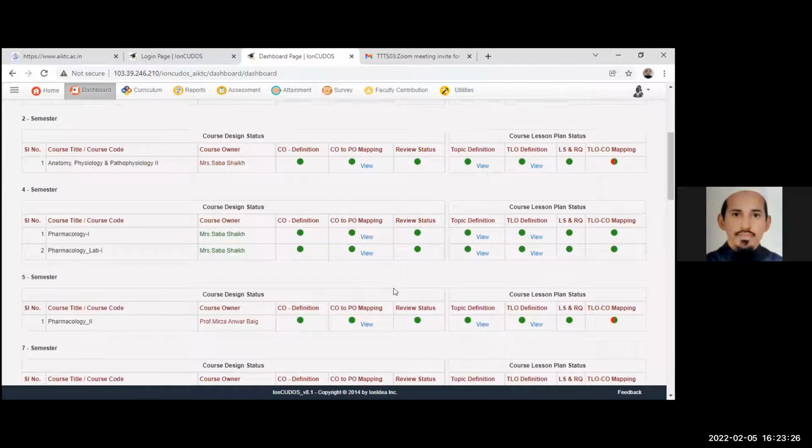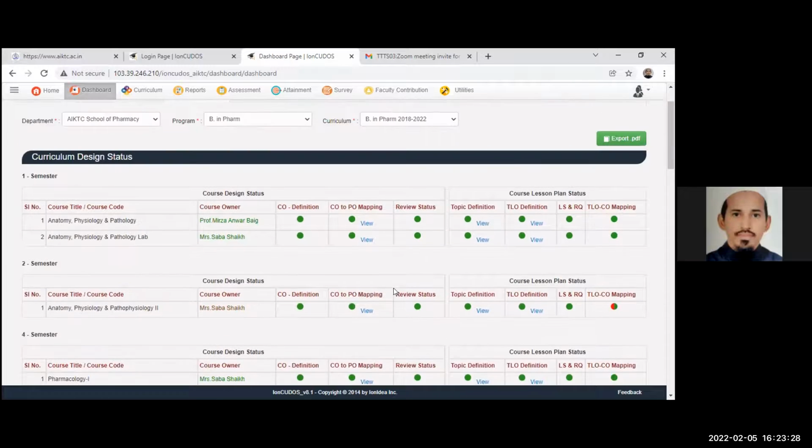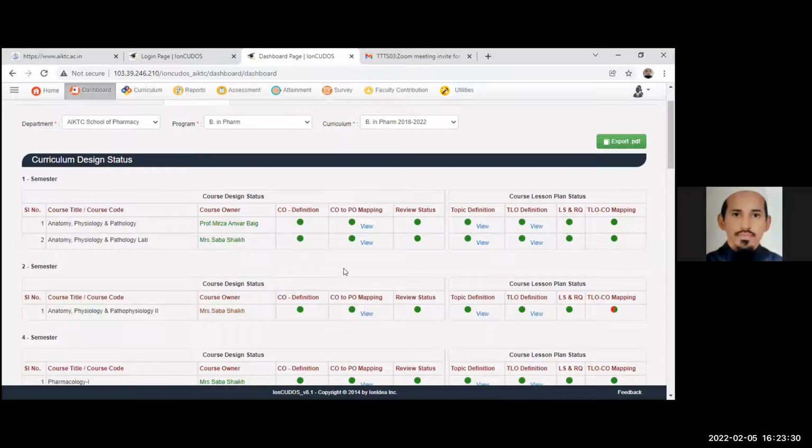display, in one screen, I can see all my courses and progress of the courses, like semester 1, then semester 2. In semester 1 of the 1822 batch, I have been allotted anatomy, physiology, and pathophysiology, lab and theory.